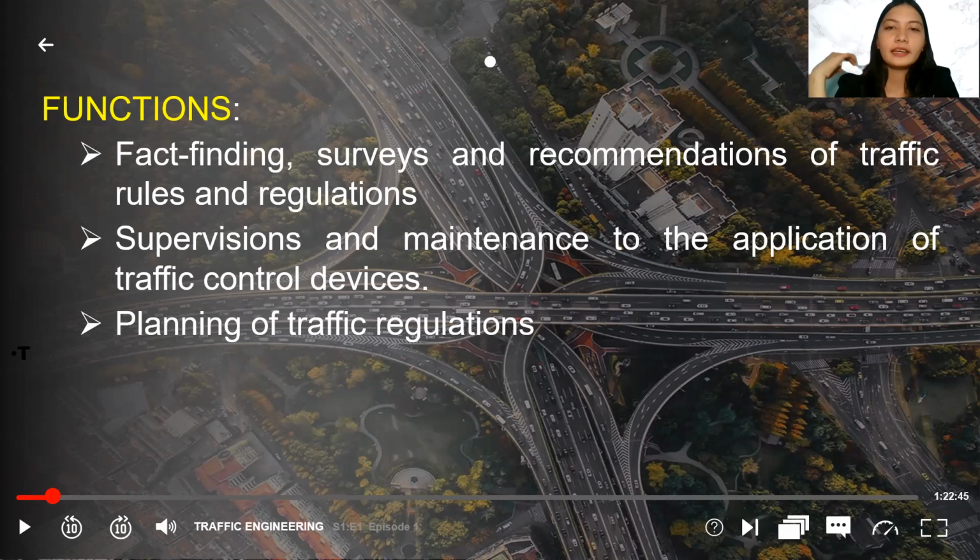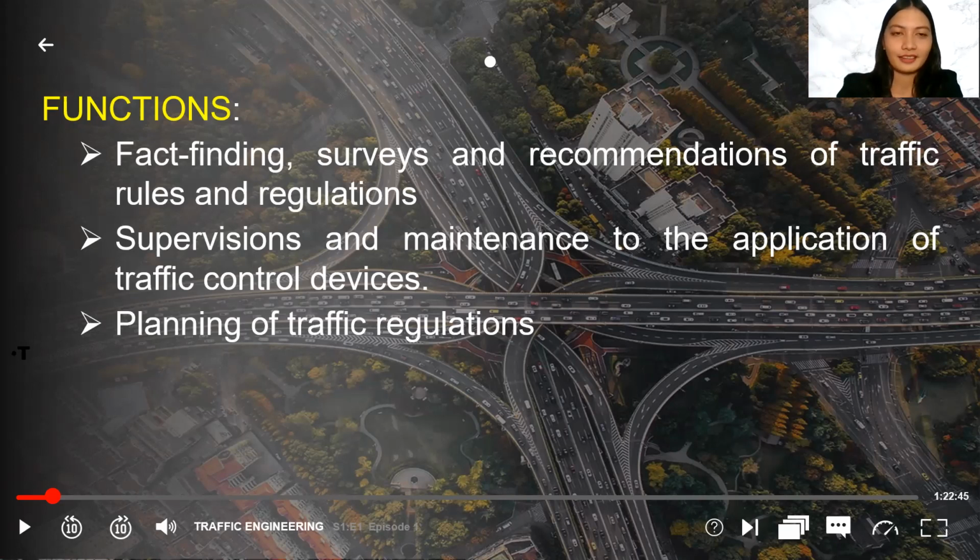So aside from fact finding, they also supervise and maintain the application of traffic control. For example, they mandate traffic rules and regulations. Of course, they will observe if the drivers are following those traffic rules, and if it is effective for every driver. So planning of traffic regulations, as I said earlier, they are also the ones who are planning and